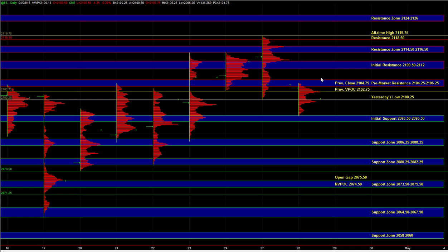On the upside, we have pre-market resistance at 04 quarter to 06 quarter. That is the near-term inflection point, and above it, ES will be targeting a move up to 9 half to 12, and that's an area where sellers can still be active on first test. It's yesterday's breakdown spot, and on the upside, it is an important inflection point. So first test into 9 half to 12 is a good spot to take profit on the long side,